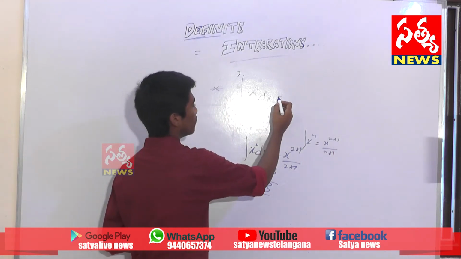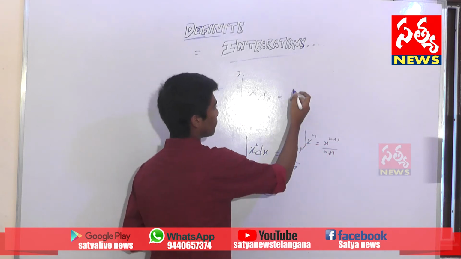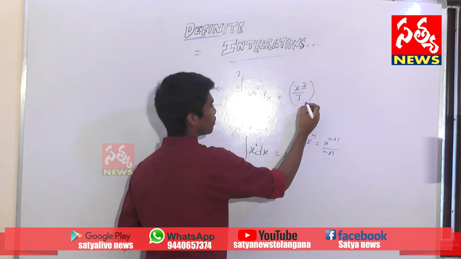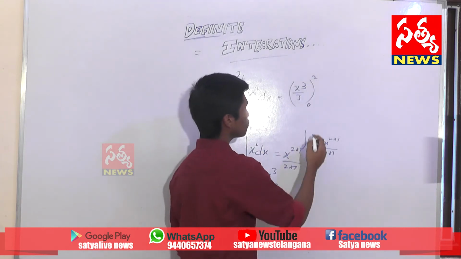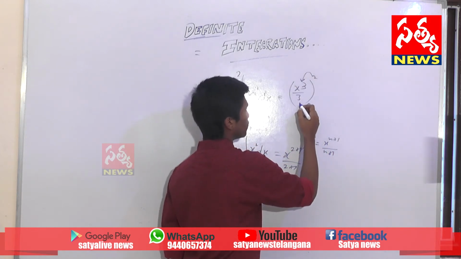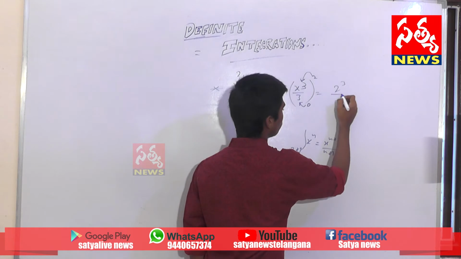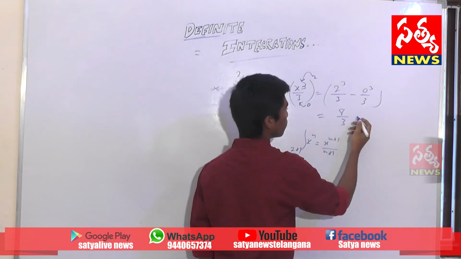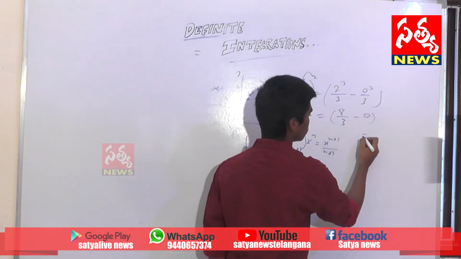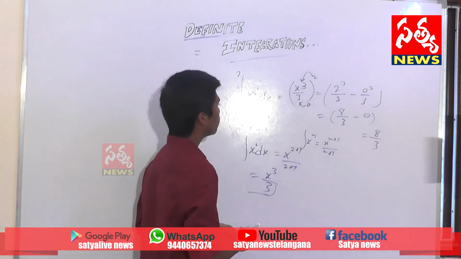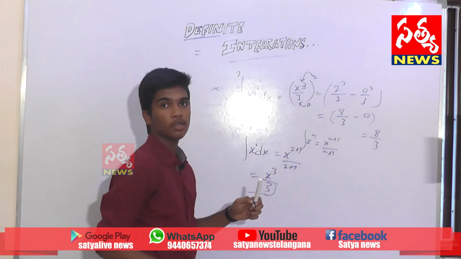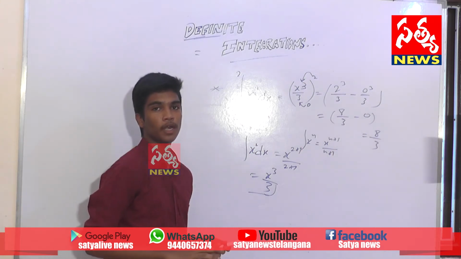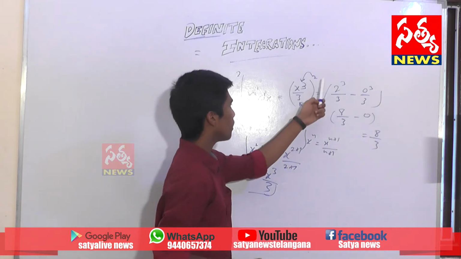Right? In definite integrations, we get the same answer x cube by 3, and the extra thing we have to do is apply limits 0 to 2. First apply the upper limit and next the lower limit. It is 2 cube by 3 minus 0 cube by 3. What is 2 cube? 8. So 8 by 3 minus 0, which is nothing but 8 by 3. By seeing this, what we understood is that for doing a definite integration, 90% of indefinite integration concept is required and the last 10% is applying the limits.